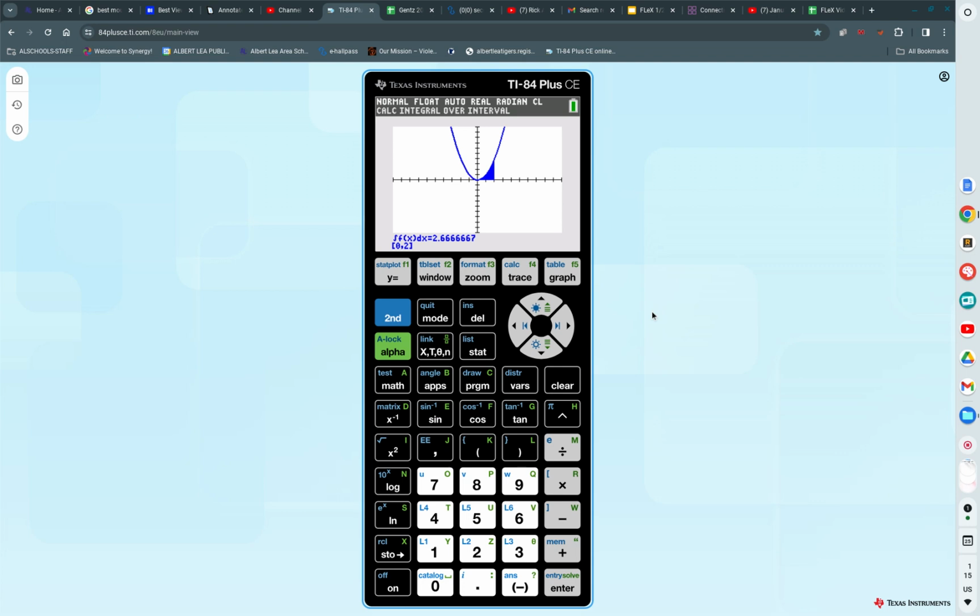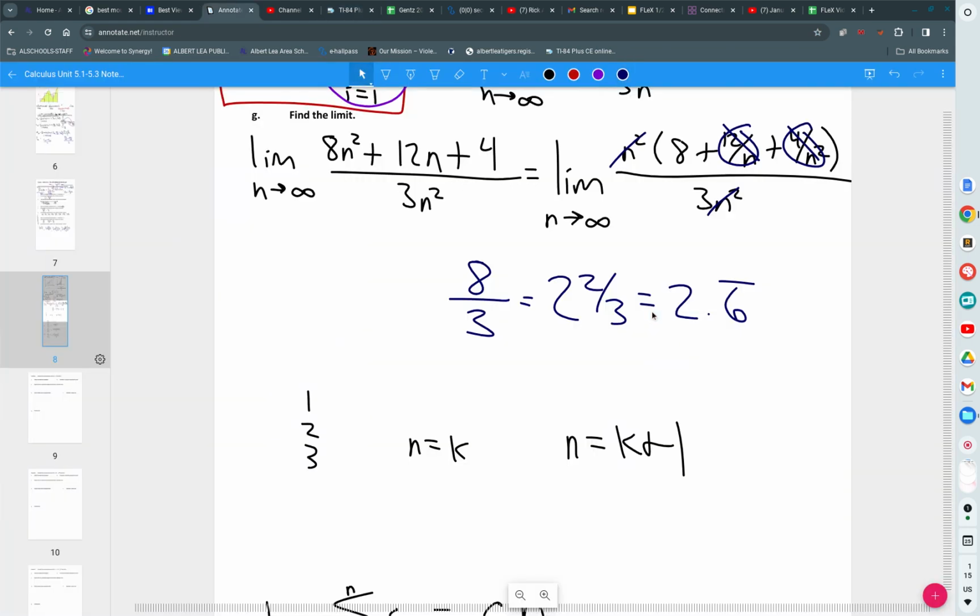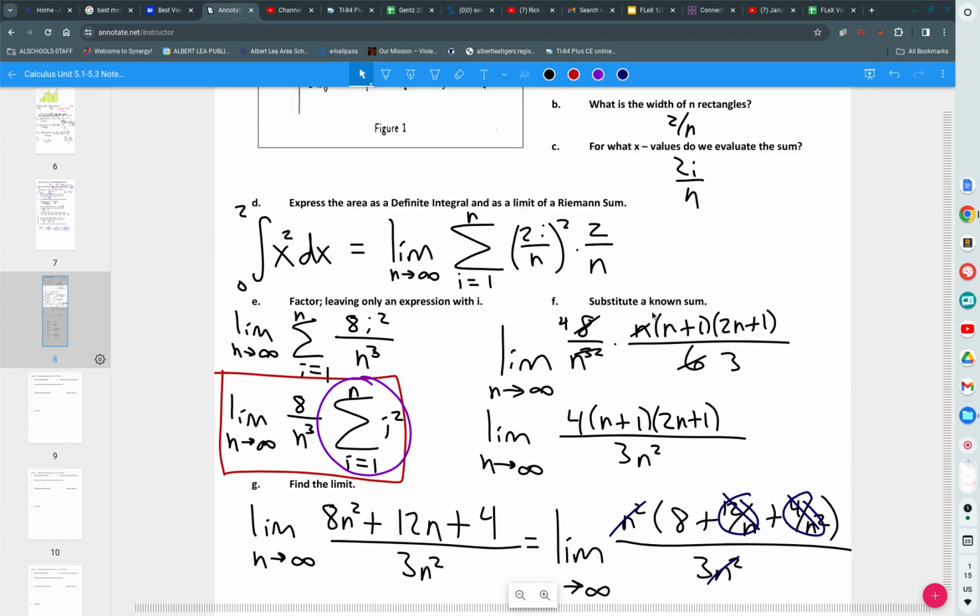Yeah. All right, today you just want to focus on problems 1 and 2. Okay, problem number 1. Notice that the bounds are from 0 to 4 and that the function is 3x squared. So very similar to what we just did, right? You want to start at this part right here. So the first start that you want to have to your problem is you want to be able to write it out as,